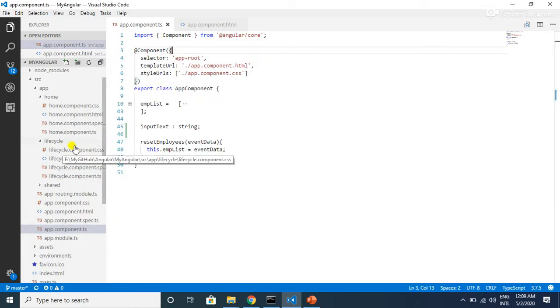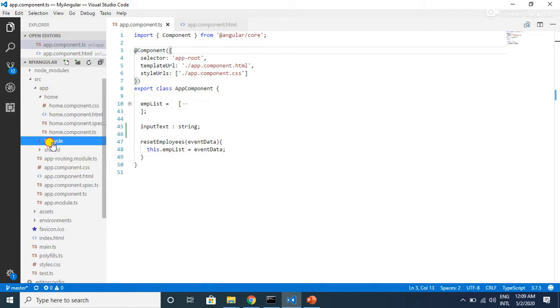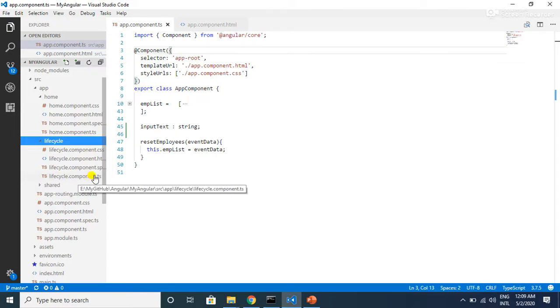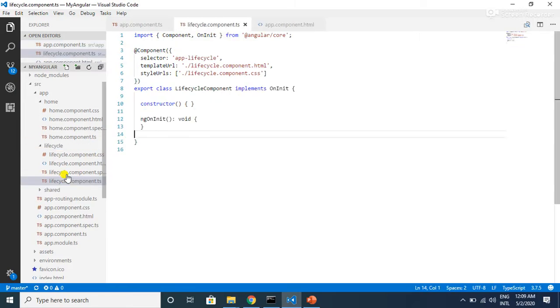Once the component is created, you will see one folder called lifecycle, and inside this you will have the lifecycle.component.ts file, HTML file and CSS file, and also one more file for testing. Let's open this lifecycle.component.ts file.